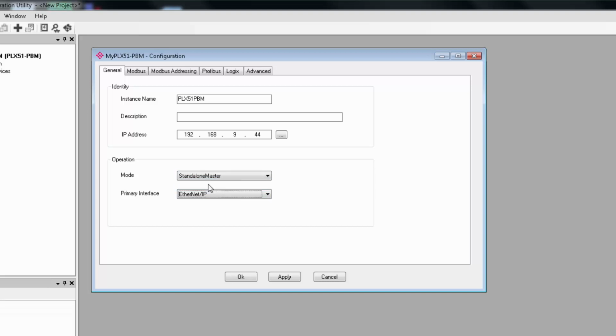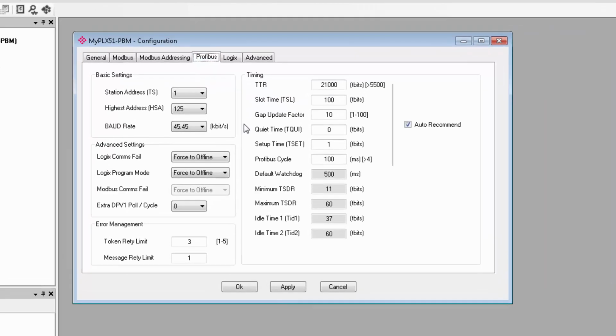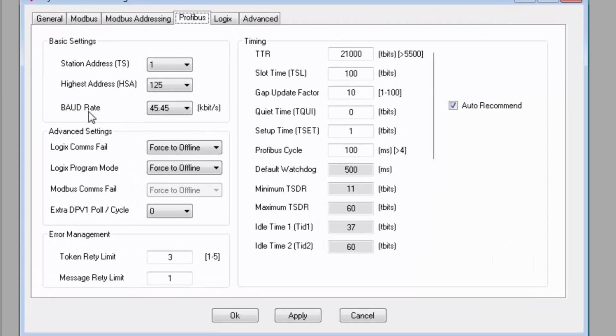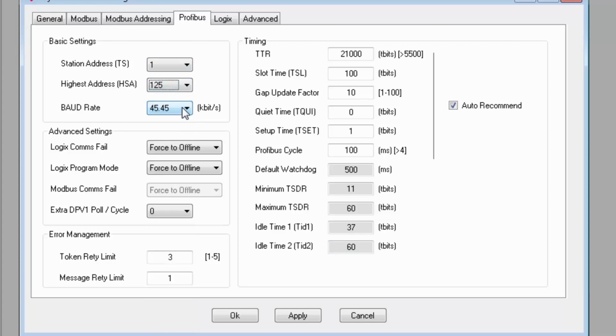We'll move on to the PROFIBUS tab, and as you would expect, this is where you configure your PROFIBUS master parameters. We have several sections for basic settings, advanced settings, error management, and a lot of timing options. You will set the station address, the highest address that you want to scan to, and the baud rate to match the PROFIBUS devices you'll be connecting to. For timing,